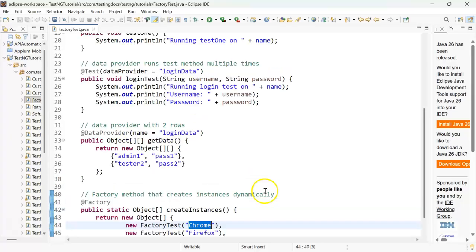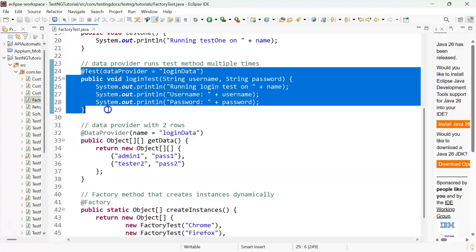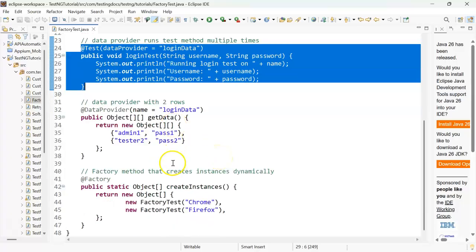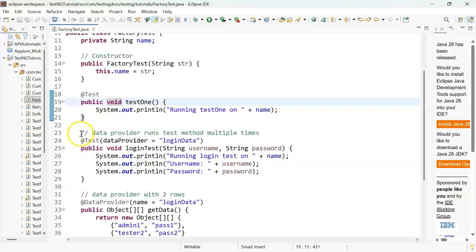So the data provider is method level, so it can only pass multiple data sets to a test method. Okay, it can't create a new test object, like a test class object, and run. So both are used for data-driven testing, but however, let's say in this class you want to run